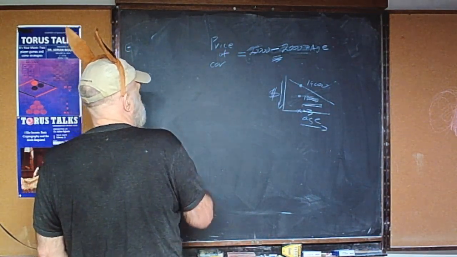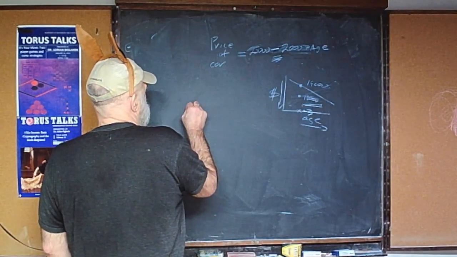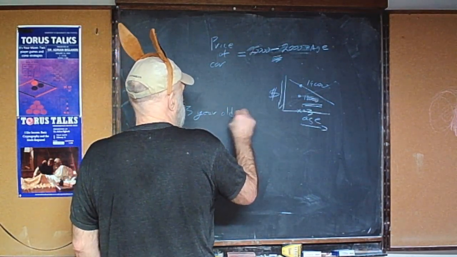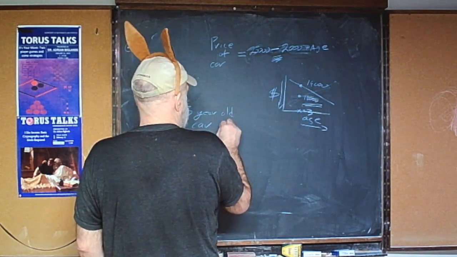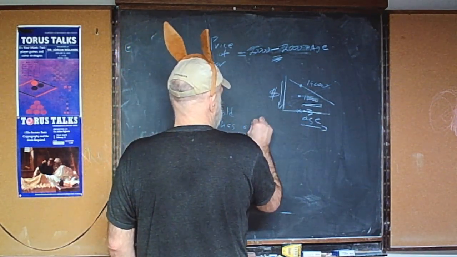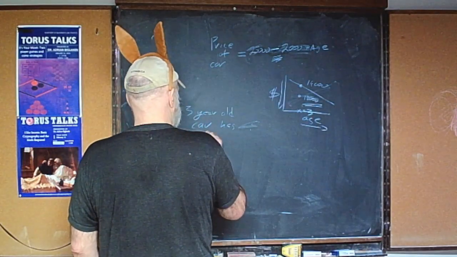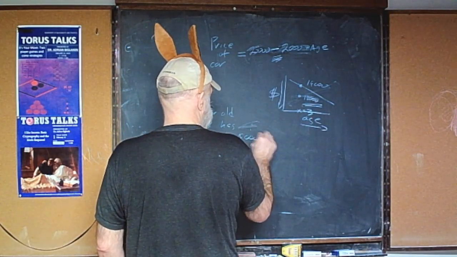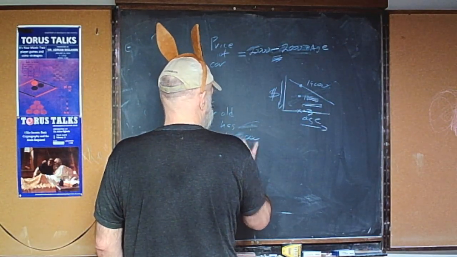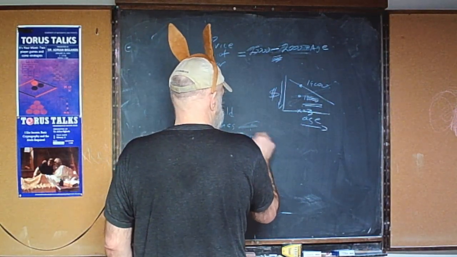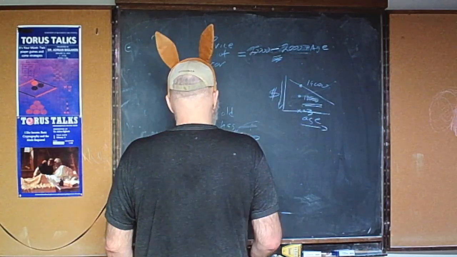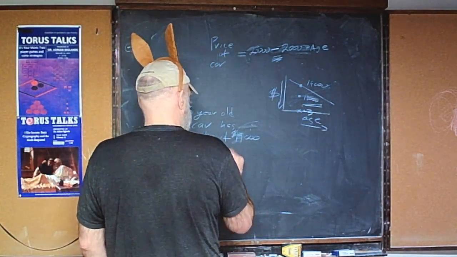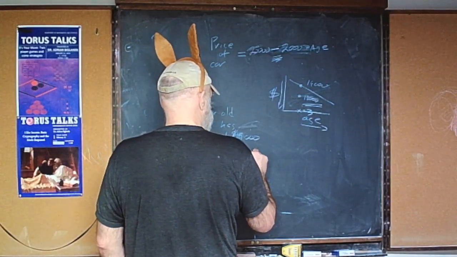Let's say we know that a 3-year-old car has a value of $19,000. What further depreciation